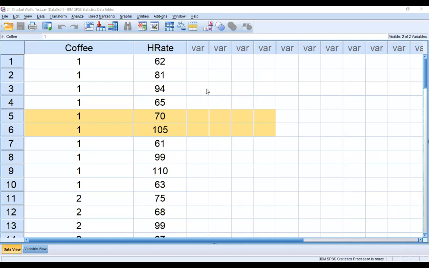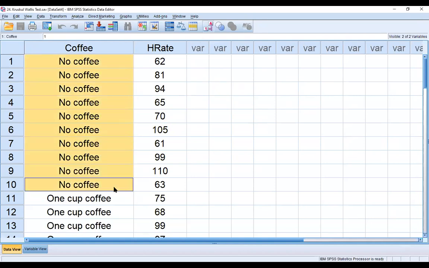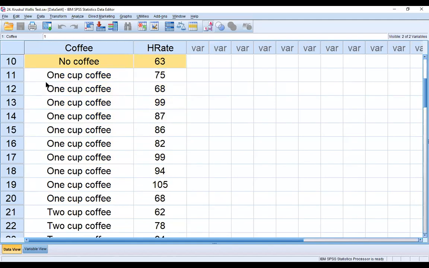So I was talking about the case study of the Kruskal-Wallis test. In this case study, I have already explained. There are 4 groups. The researcher wants to know whether coffee consumption increases heart rate score or not. So there is one control group. We are not giving any coffee, and after 1 month we measured the heart rate score of 10 participants.